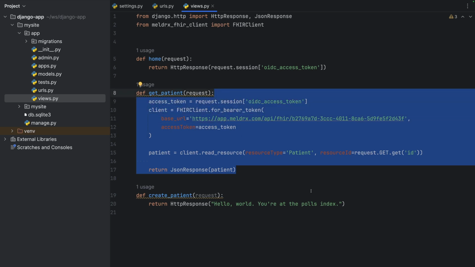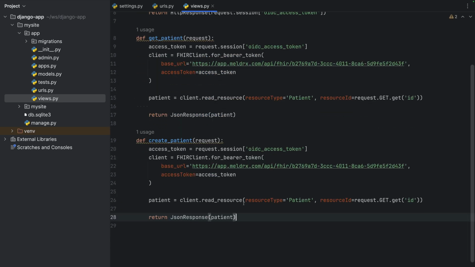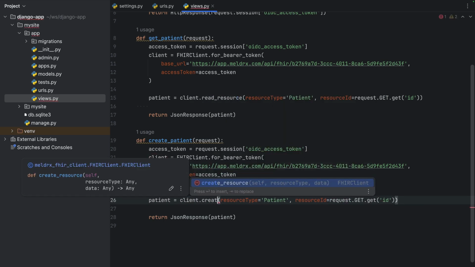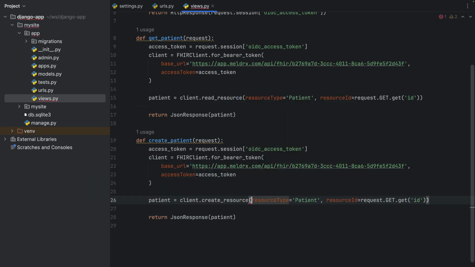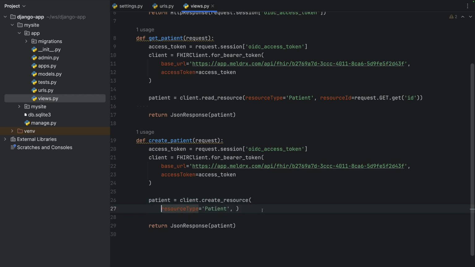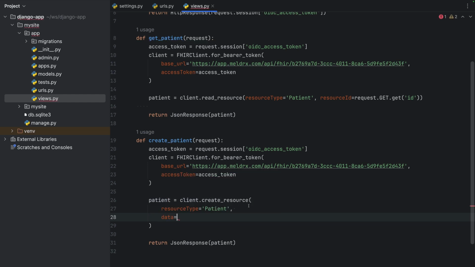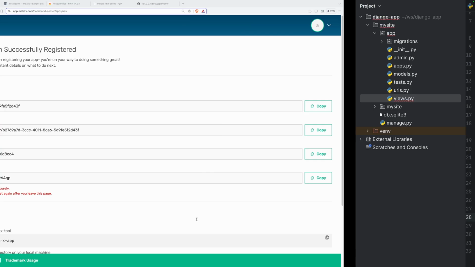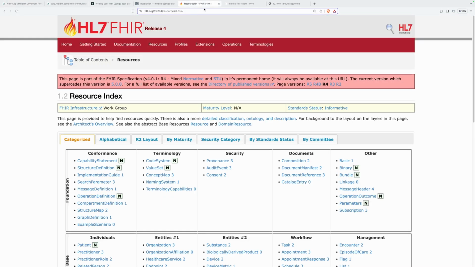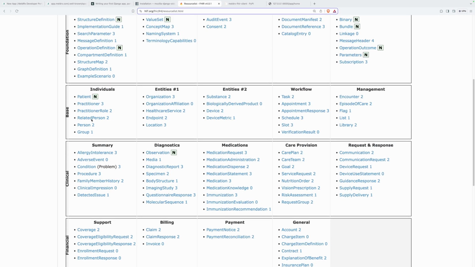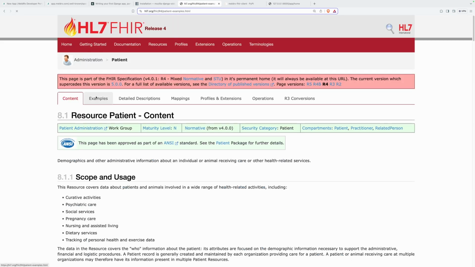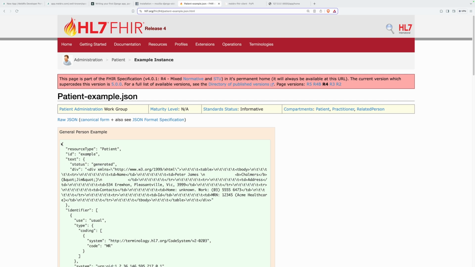Before we can read, we will need to create. So I'm just going to go ahead, copy this, paste this over here. And instead of read resource, I am going to create resource. And the second parameter will need to be changed to data. So for this, I'm just going to put these on new lines, data, and here I will need to insert my data. For this, I'm going to go to the FHIR documentation, to the patient, examples, and a JSON payload,